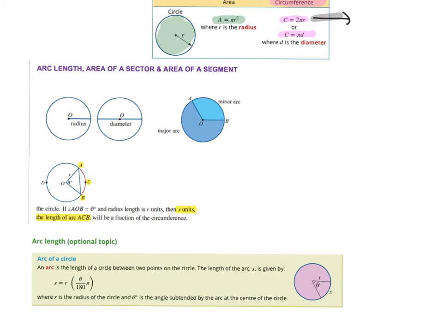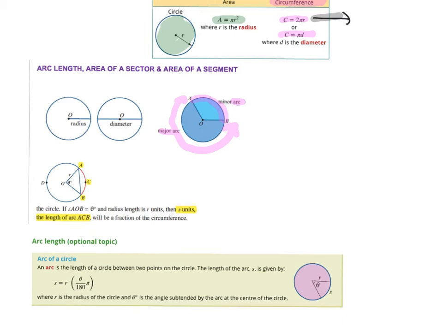So when they use the word arc, well, I might even do it in pink. The arc is a section of the circumference. So it's just the part of the outside. So can you see if you have a minor arc, it's because it's the smaller bit. And then the major arc is because it's the big part. They're asking you for the bigger part. So if they break this circle and they say find the minor one, you just find the smaller piece. Okay, so